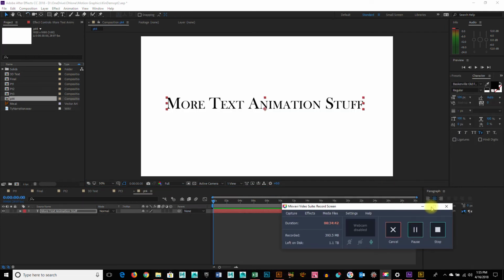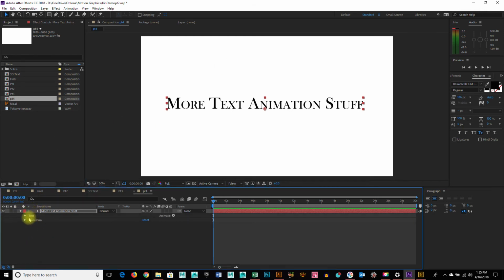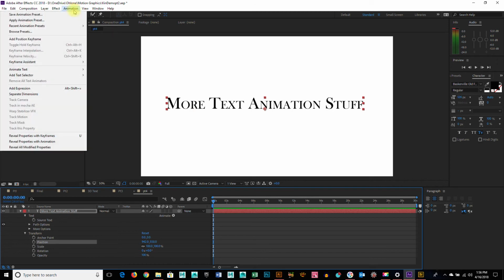So one other thing I wanted to show you guys, because besides the preset animations we went over that you can use for text, there's also the properties down here for transforms like position, scale, rotation of the entire sentence, word, whatever you have in there. But there's yet another that you can jump into. If I go to Animation, Animate Text,